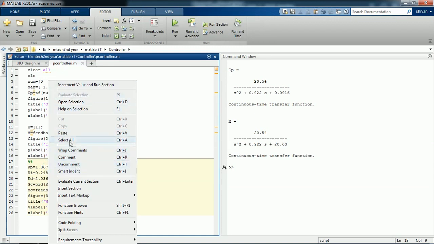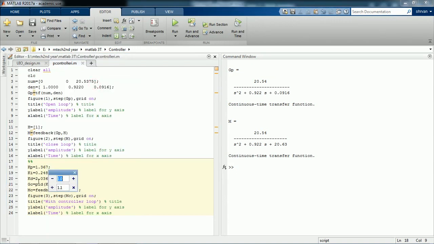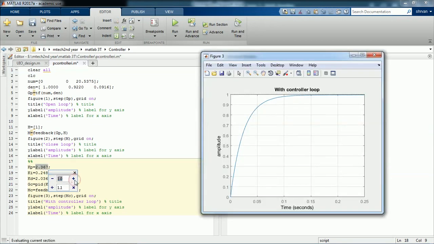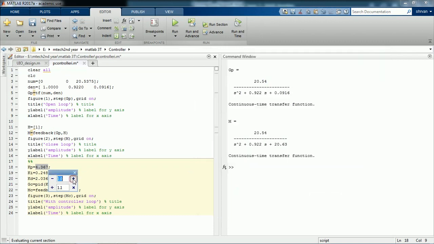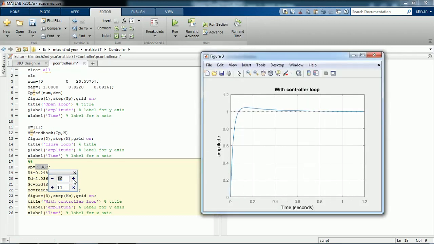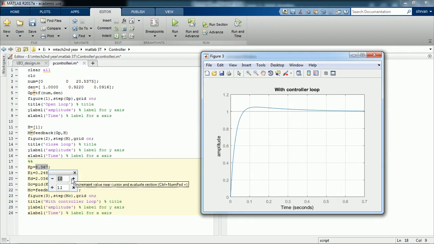Now we'll see what the effect will be of tuning these values. As you can see, increment will select an option where you can increment this value and run the section. First I will try to increment the proportional gain value, that is +1. As I can see, there is an overshoot and the settling time is also affected because of the increase in Kp value.